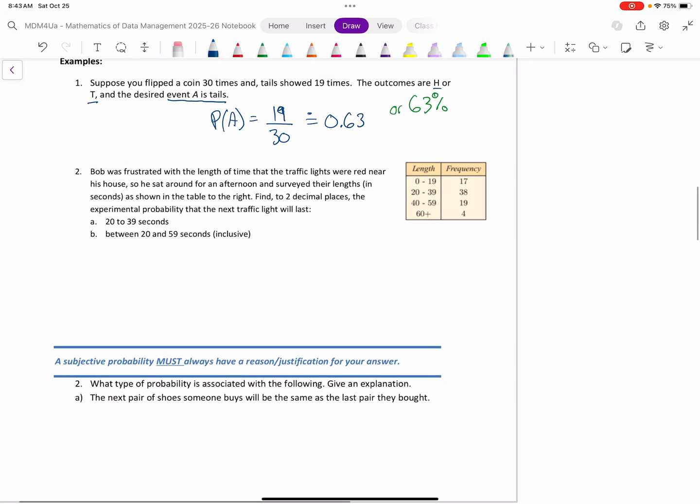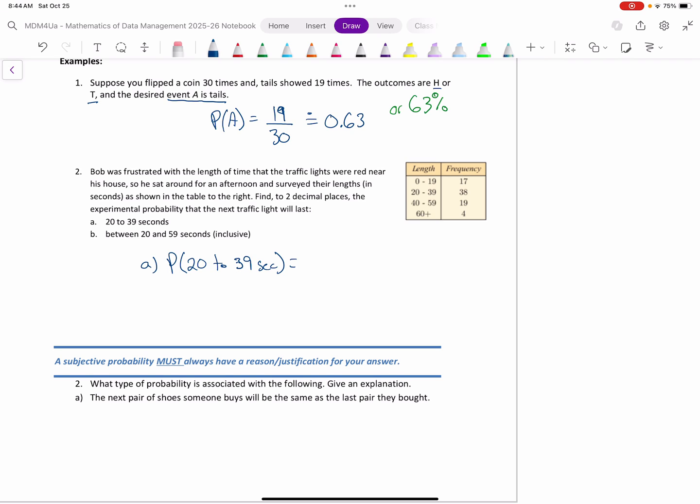The second one here, it says Bob was frustrated with the length of time that the traffic lights were red near his house, so he sat around for an afternoon and surveyed their lengths. So he's collected this bunch of data, he's made observations. It's shown to the right in this table. It says, find to 2 decimal places the experimental probability that the next traffic light will last the following. So part A says the probability then from 20 to 39 seconds. So 20 to 39. So if I go to the table,